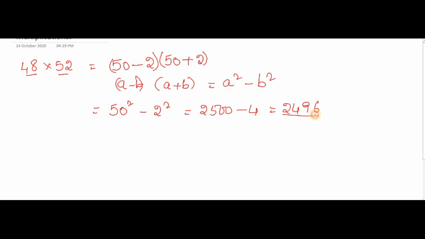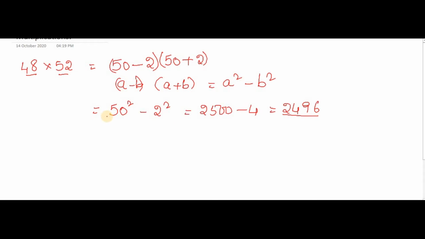2496. So you may ask me a doubt that you said you are going to show very fast, but still you are showing a very big procedure to us. Very simple, no need to do even this much. Instead of going for calculation 2 digit by 2 digit, you can just follow this formula, and by this you will get it very easily. So just move on to the next question like this only.